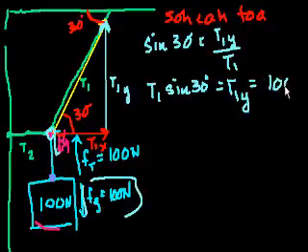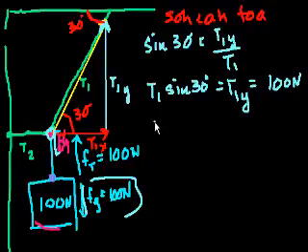So that's 100 newtons. And I really want to hit this point home, because it might be a little confusing to you. We just said this point is stationary. It's not moving up or down. It's not accelerating up or down. And so we know that there is a downward force of 100 newtons, so there must be an upward force that's being provided by these two wires. This wire is providing no upward force. So all of the upward force must be the y component, or the upward component, of this force vector on the first wire.